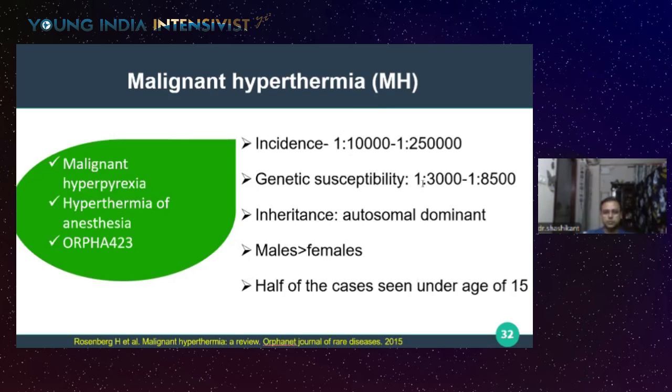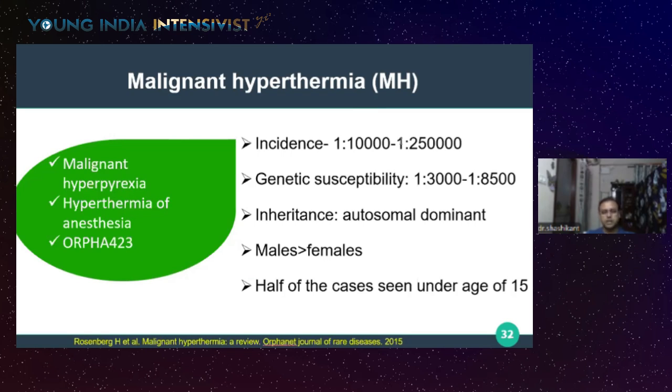So if you see here, the genetic susceptibility is more frequent, while the clinical presentation is not that frequent. The 1 in 3,000 to 8,500 individuals have a genetic susceptibility, but the actual incidence, when we encounter a patient with malignant hypothermia, is not that frequent. That means all the patients who have genetic susceptibility or a genetic mutation corresponding to malignant hypothermia, it is actually not expressed, and that is called